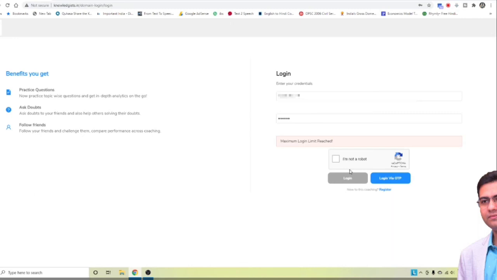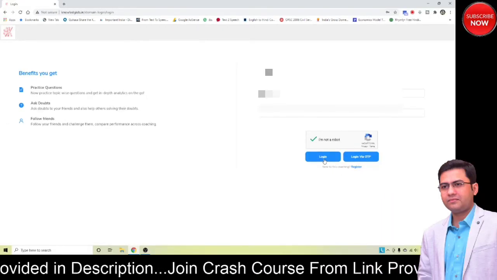Don't unnecessarily use it on multiple devices. It will not work. Just a second, let me reset it for this device. It is generally done for devices, but let me do it. It is rectified.